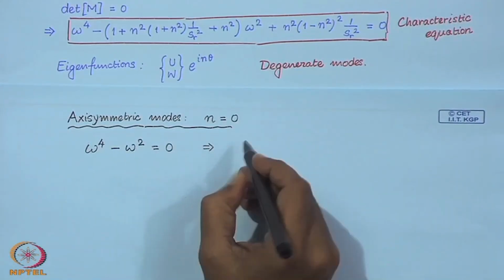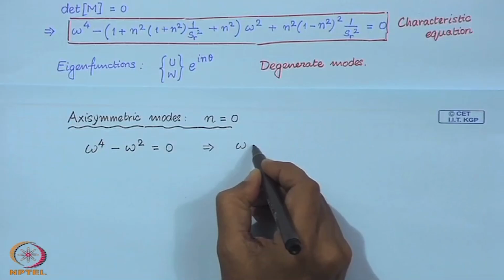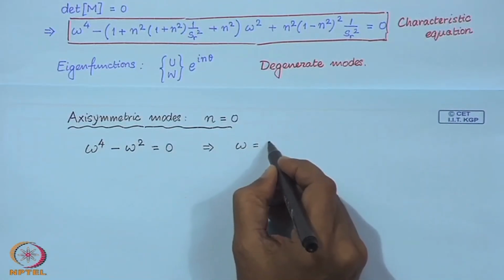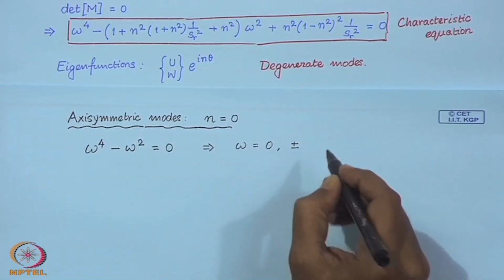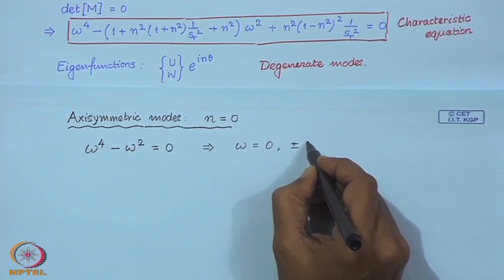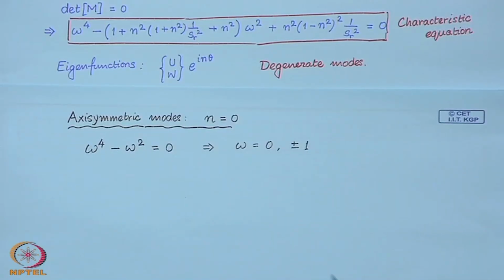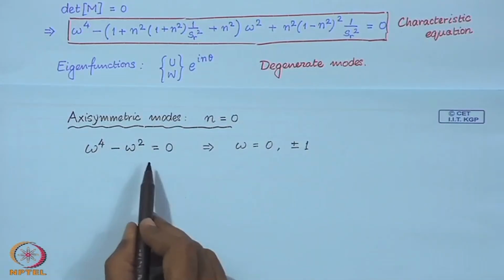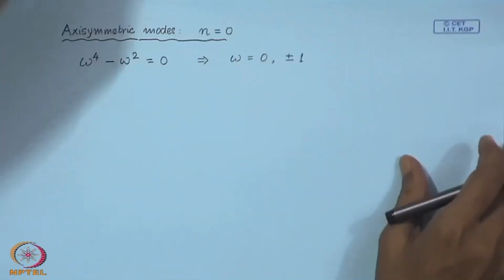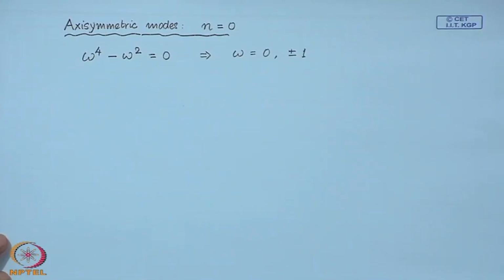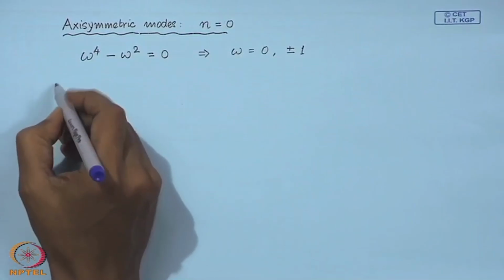So, that would imply you have omega equal to 0 and omega equal to plus or minus 1. So, let us first look at omega equal to 0. The eigenvector corresponding to omega equal to 0